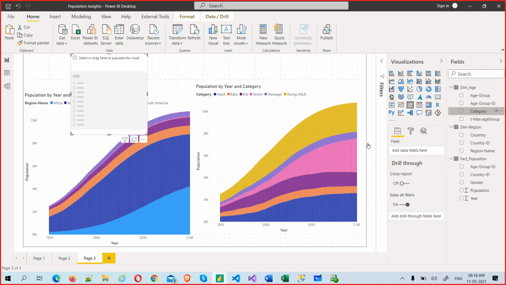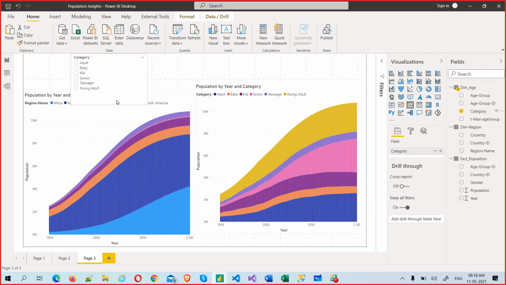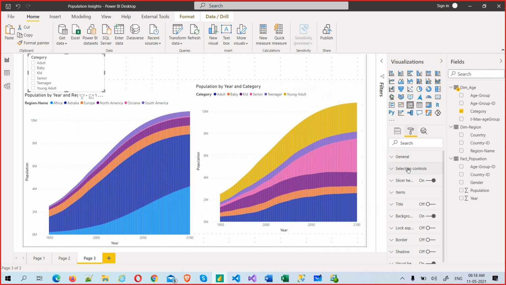Category I want to filter, just to make an analysis: how many kids, how many people are there, something like that. But here I want to have a formatting, just like a selection criteria, basically items, not vertical, yeah, here itself, sorry, the list drop down. I want to make it a drop down so that I will have a lot of space, so I can just quickly drop down and check, like I want to analyze only kids.